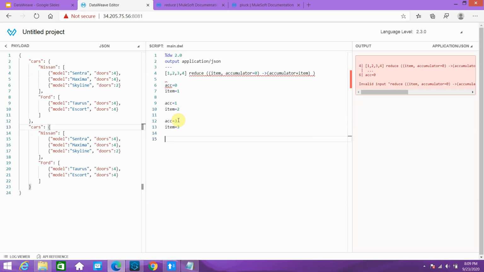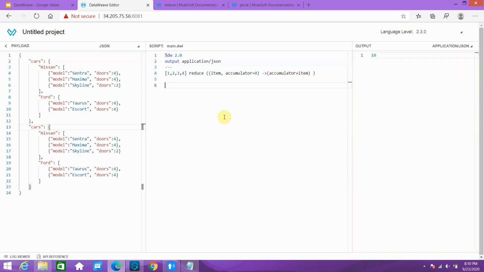Item is 3, sorry. In this case, accumulator will become item plus accumulator, which is 6, and item will be 4 in this case. And the final accumulator is 10. That's why we can see 10 in the output. Okay, so that is how it works.